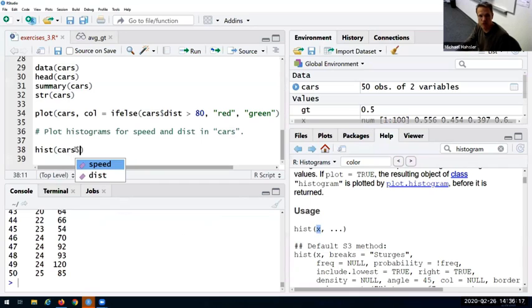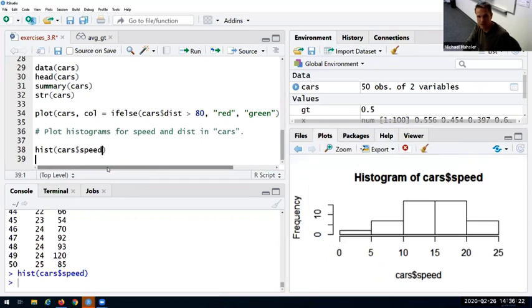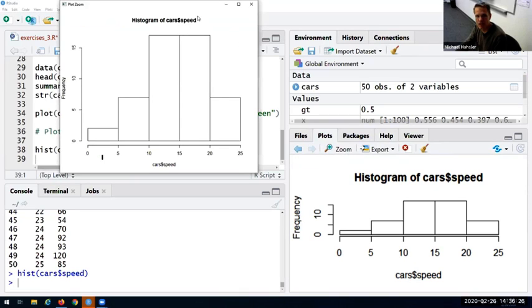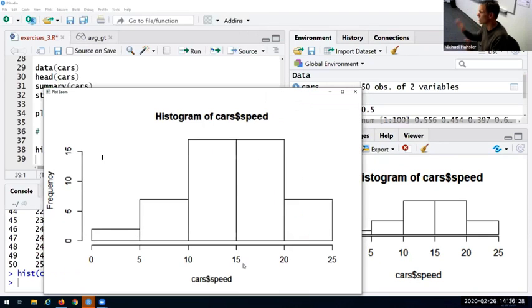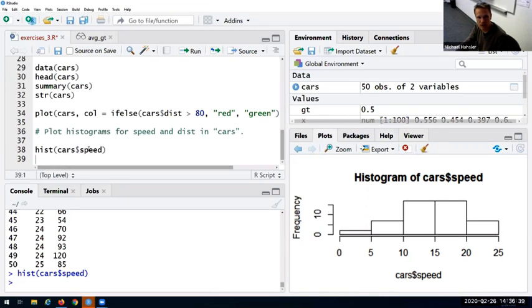And so let's use, if I push tab, then it gives me choices here. Let's do speed. And then it's already pretty happy because it gives me a standard histogram, and it figures out how many brackets it wants to make, how many buckets it wants to make with cars. And it seems most of the cars have a speed from 10 to 20. It was miles per hour, and I can do the same thing